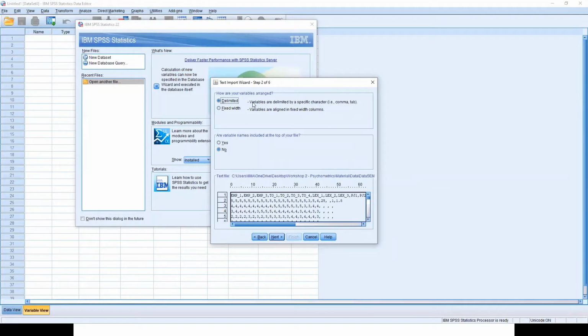Are your variables delimited? Yes, variables are delimited by a specific character because it is a comma separated version, CSV. Are variable names included at the top of your file? Yes, because the first line has variable names.